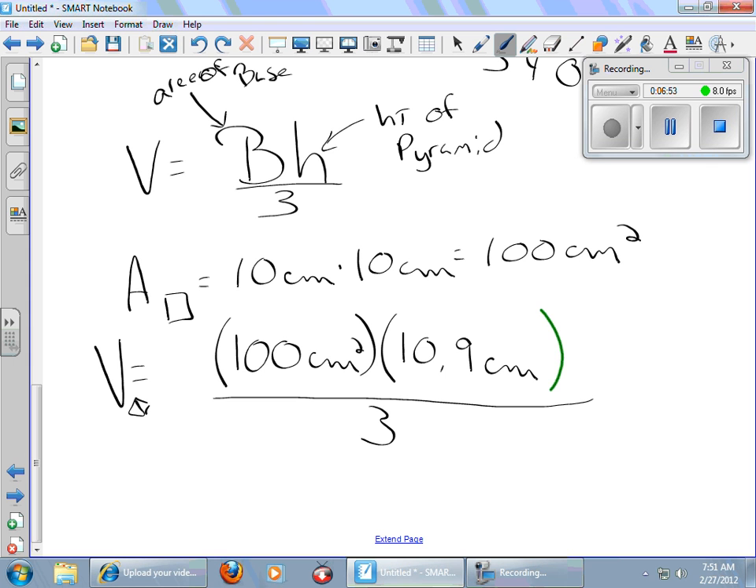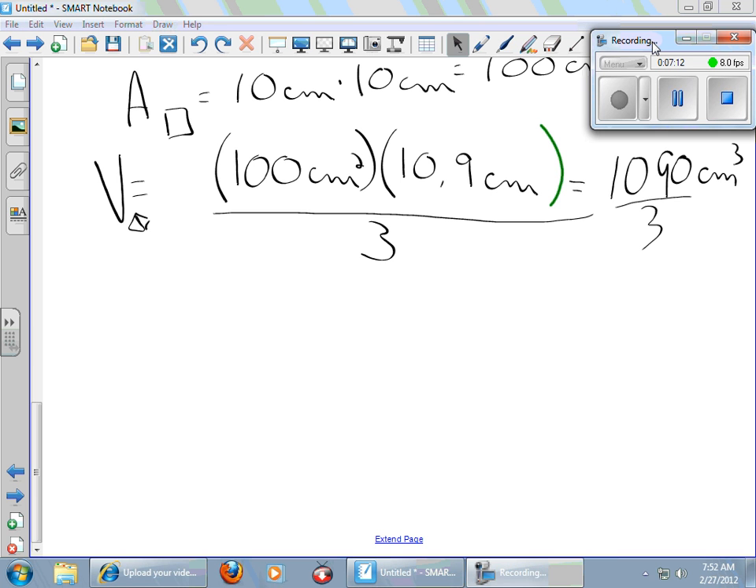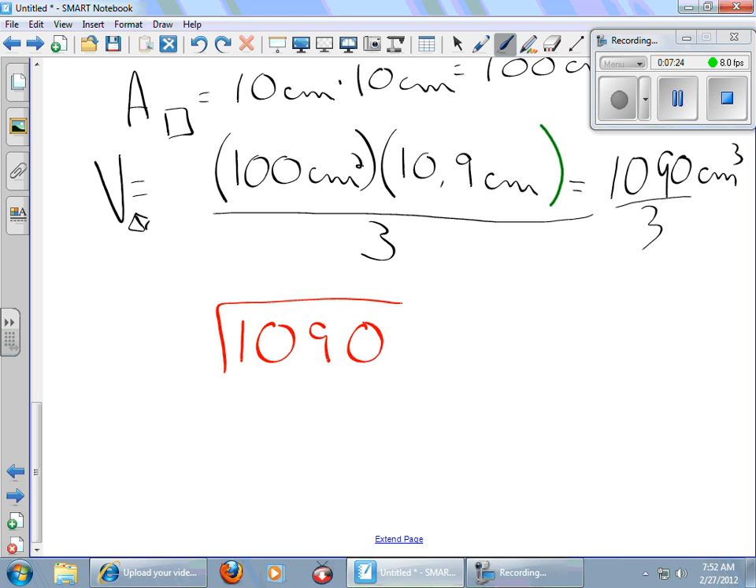Okay. Well, this numerator is a pretty easy multiplication. I'm going to get 1090 centimeters cubed, but I need to divide by 3. Now I know that's not going to go in evenly, because if I add up these digits, 1, 0, 9 and 0, I don't get a multiple of 3. I don't get 3, 6, 9, 12, 15, 18, 21, 24, 27, 30. So I could go to my calculator, but I'm feeling intellectually vibrant today, so I'm going to do a little